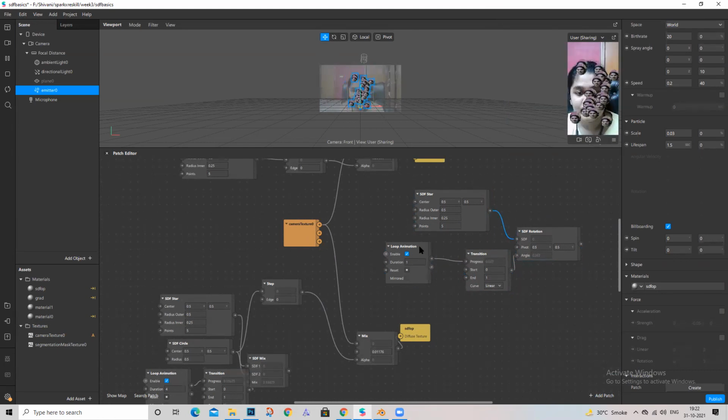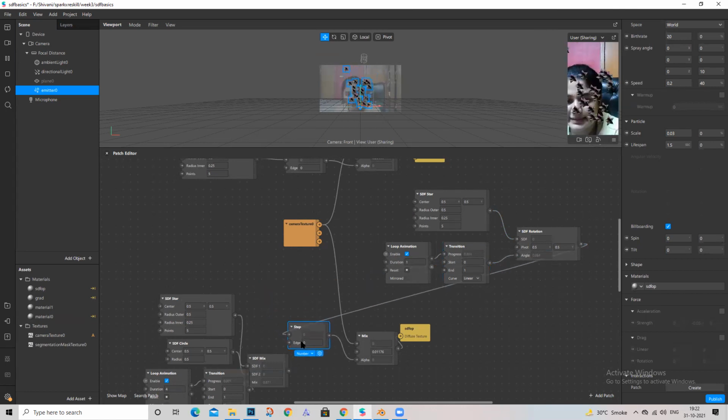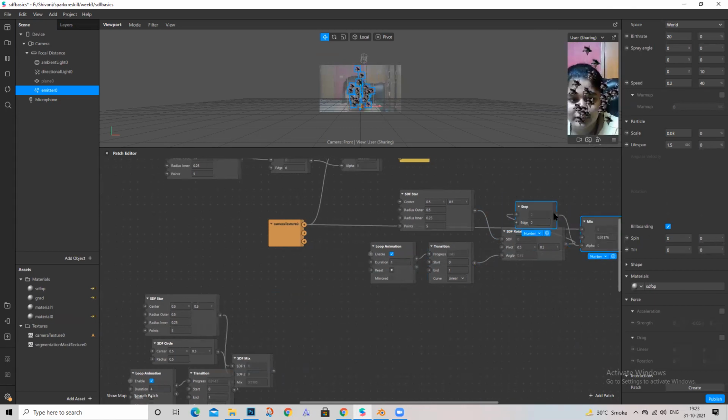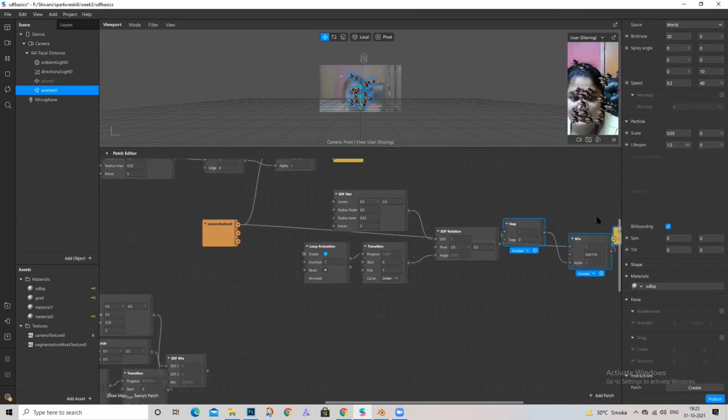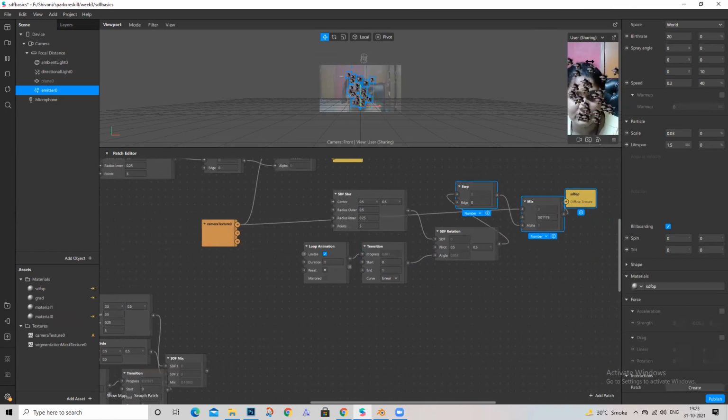I used loop animation and transition, and I took the signal number from this transition and connected this patch to angle. Because I wanted animation happening, I'll connect it to step, which will go to mix, and the mix is connected to your diffuse texture patch.